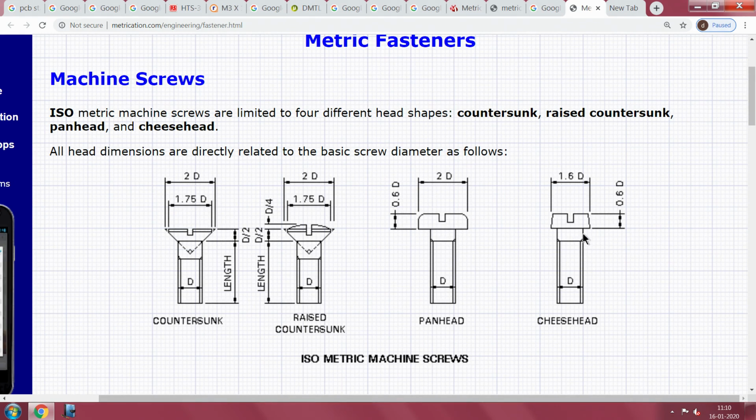The only thing being here you have a screwdriver slot, and if you see the diameter, it is around 1.6 times the nominal diameter of the thread. In contrast, you have this span head which is a little flattened, at least it looks flattened, where this dimension is 2 times of it.